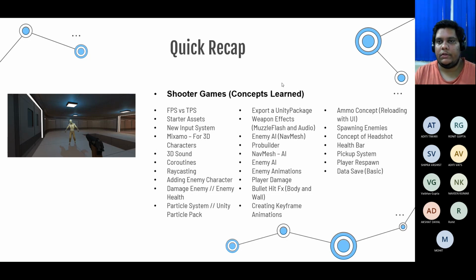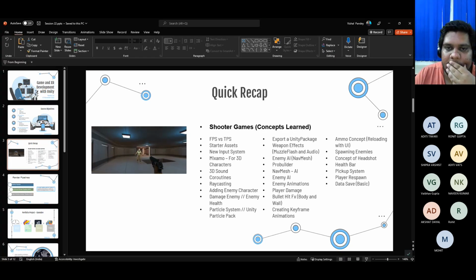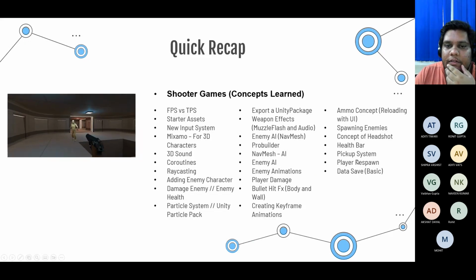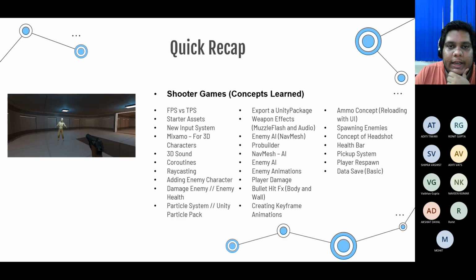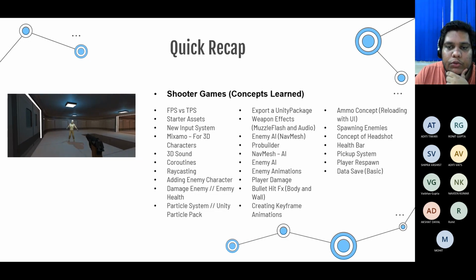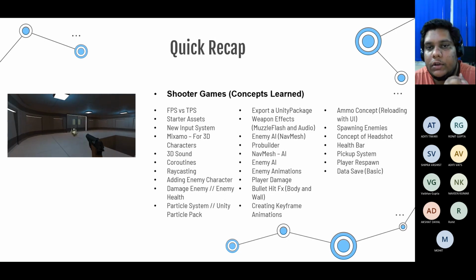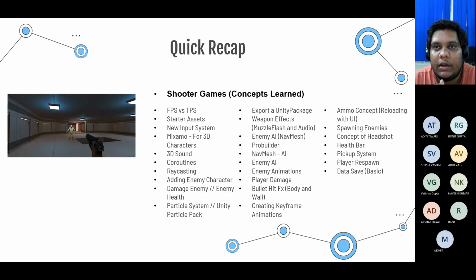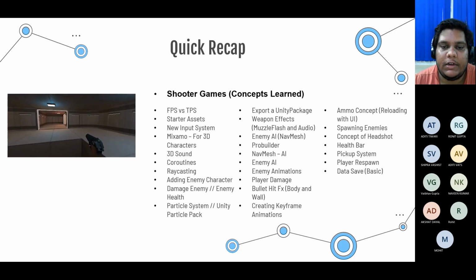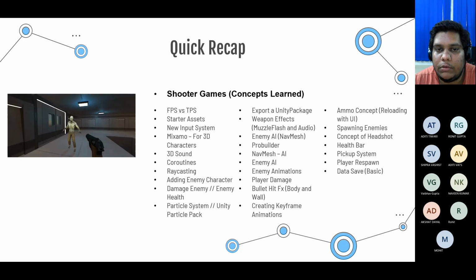Yeah. So let's start with this. So basically, what we did, like if you can see on the screen, we did a lot of things in the last almost 10 to 11 sessions, which was completely focused on concepts that we generally use in shooter games, but these concepts can be used anywhere that we want to use.